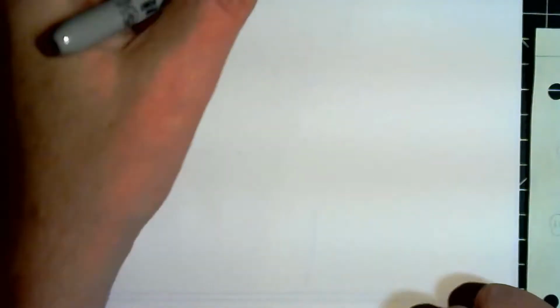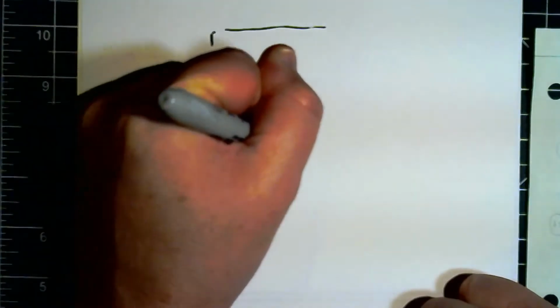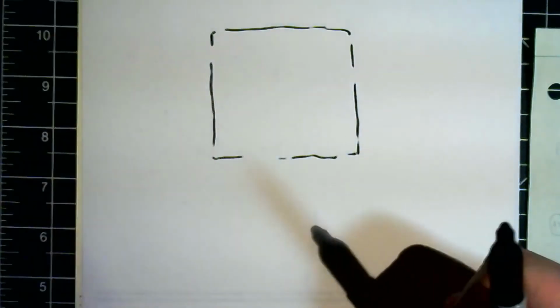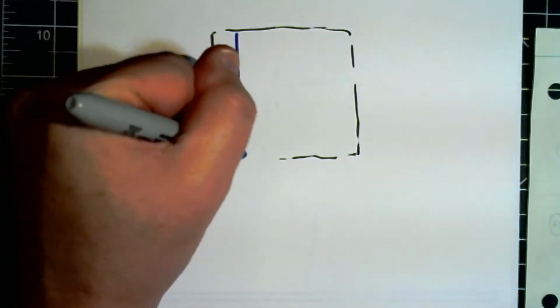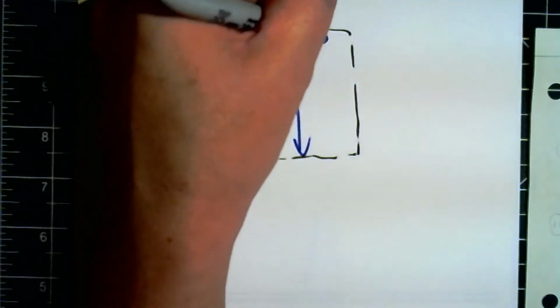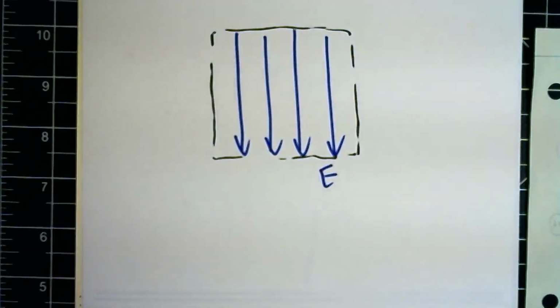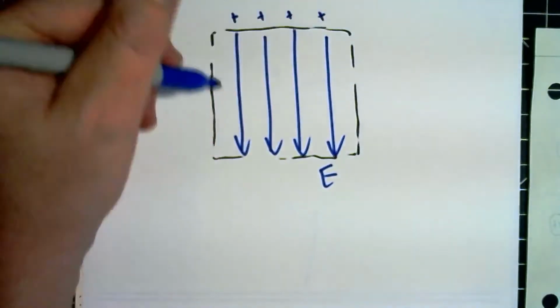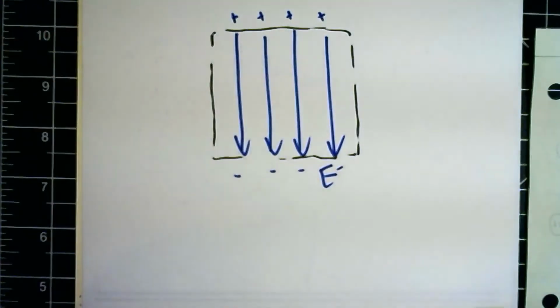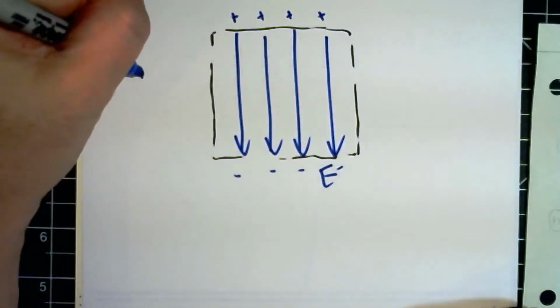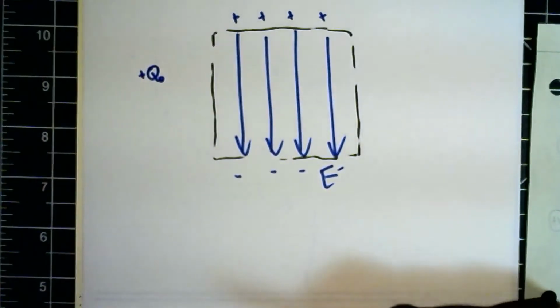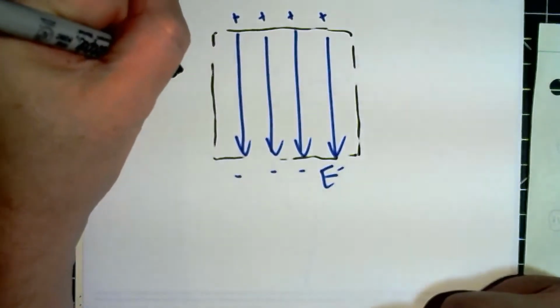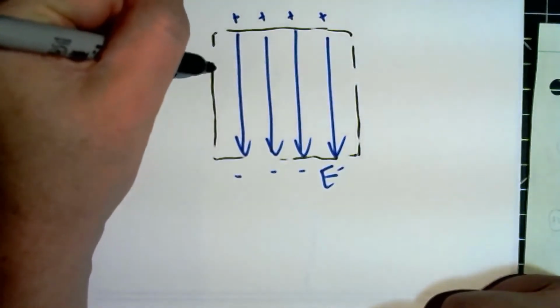So if I sketch that out a little bit bigger so we can see it here, if I've got this region that has an electric field that points towards the bottom of the page and it's uniform, then what that means is that up here at the top this is a positively charged region. Down here towards the bottom, this is negatively charged. And so if I get this particle, which it says is positive Q naught, that moves in from left to right,